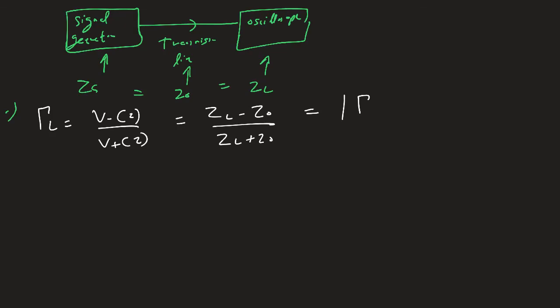So in general, capital gamma L is a complex quantity with a magnitude and some phase, right? So this is, in general, a complex number,